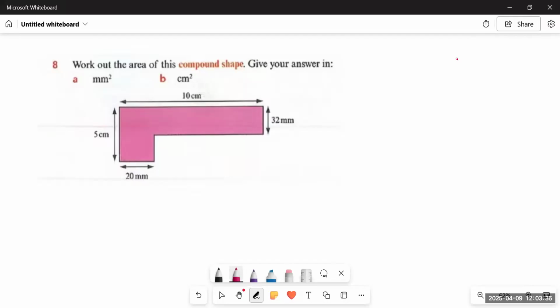This is Cambridge Lower Secondary Book 7, chapter number 15, Shapes, Area and Volume. And today we are going to do exercise 15.1, question number 8, where we learn converting between units of area. And let's see how we are going to do this question. So for that, watch the video till the end. Do not skip the video.